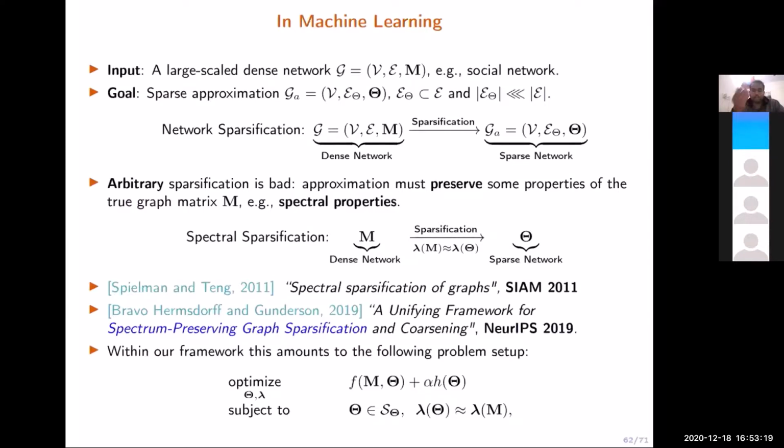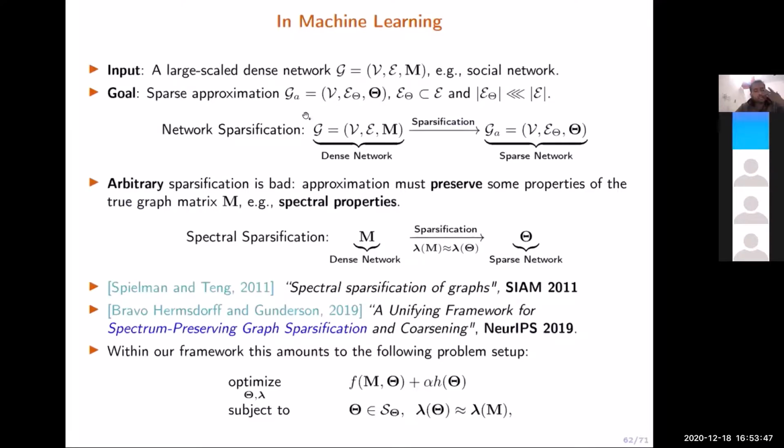The problem here is that we can invest a lot of resources in the initial building of a graph, but while using that graph, we need to relax the resource constraints. We do not have many resources later, so they need to build very sparse graphs with very few edges. So given an initial graph matrix, they want to approximate it by another graph matrix,